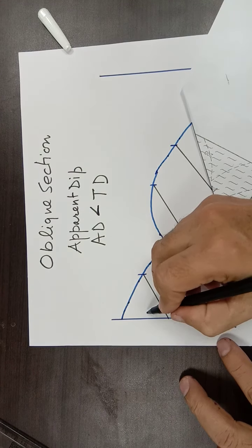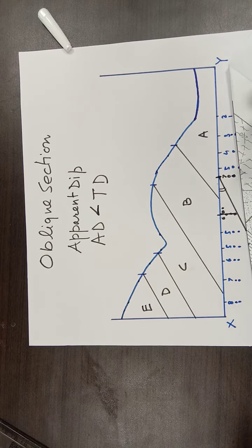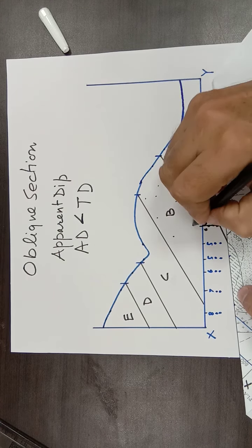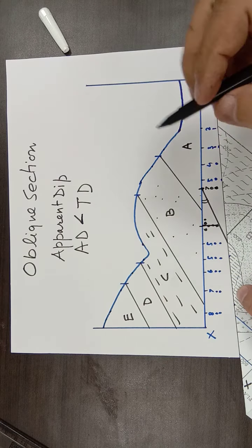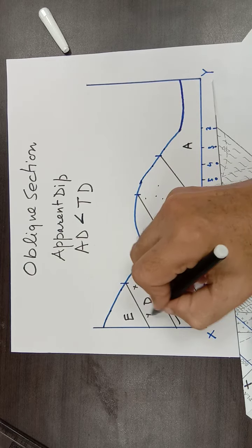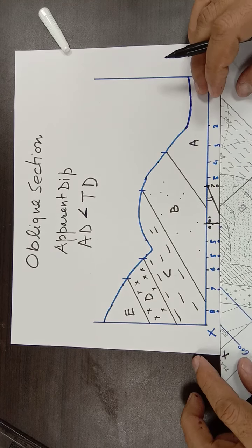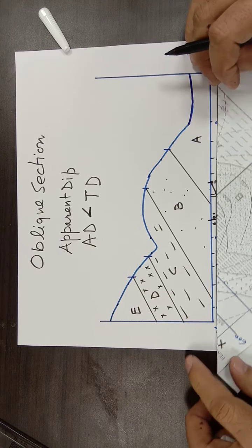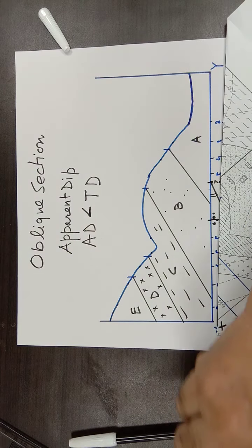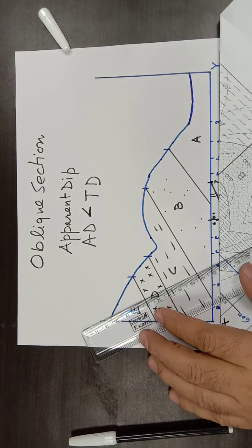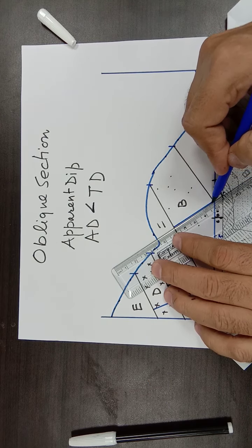You can put the symbols. Here again put the symbols, and measure the thickness of the rock. You will find the thickness of the rock has changed. Why? Because of different slope. So a rock which was very thin seems to be thick here because the angle of slope has changed. So this is the real thickness of the rock, the shortest distance between the two contacts.